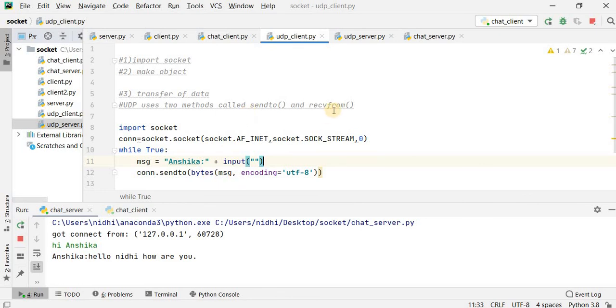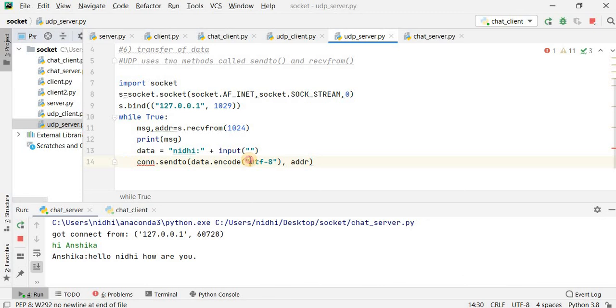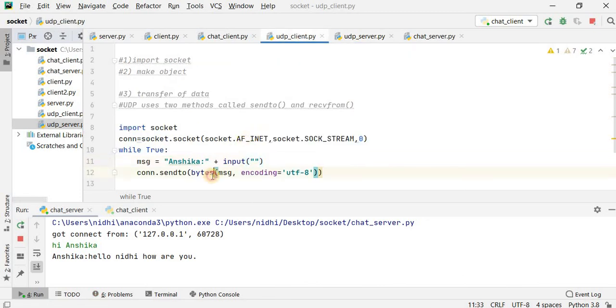And inside of this we have to pass the two parameters. So just I have to copy this one, and it will be message. So message.encode in the UTF-8 version and the address.